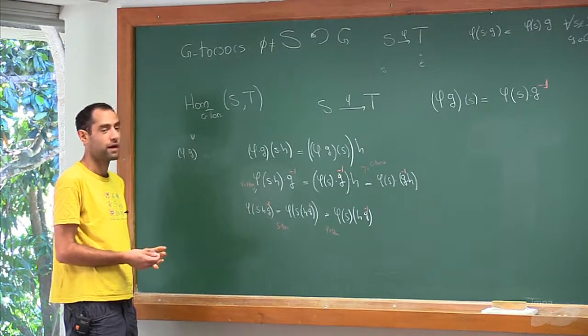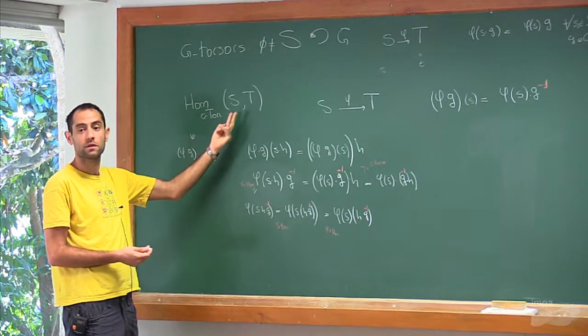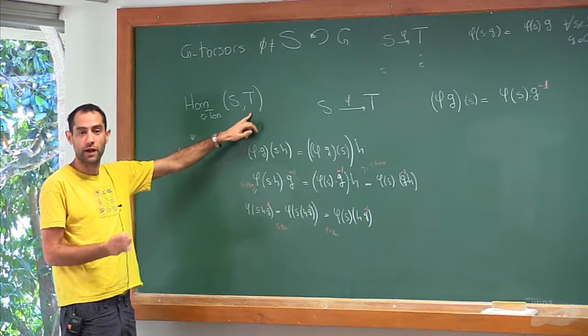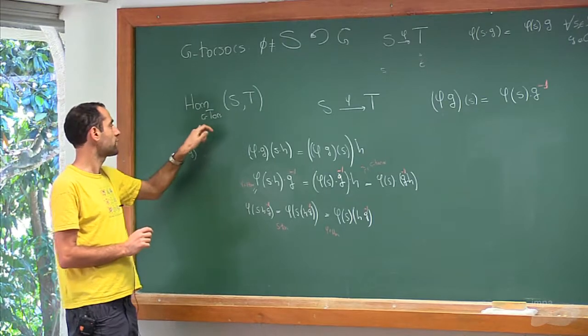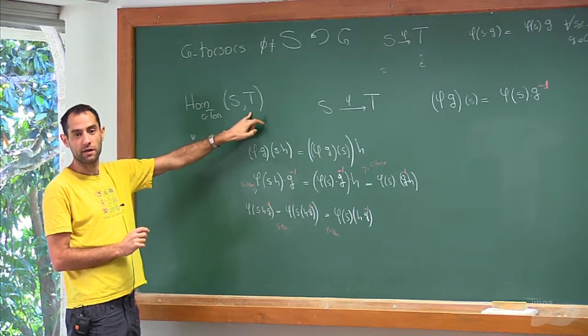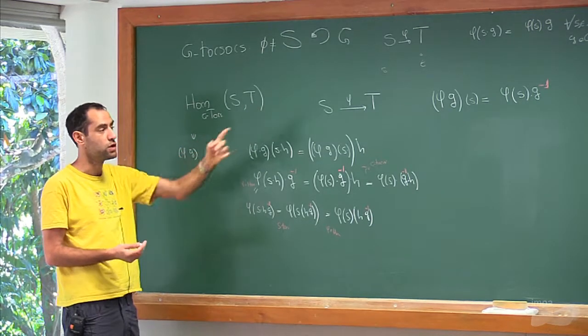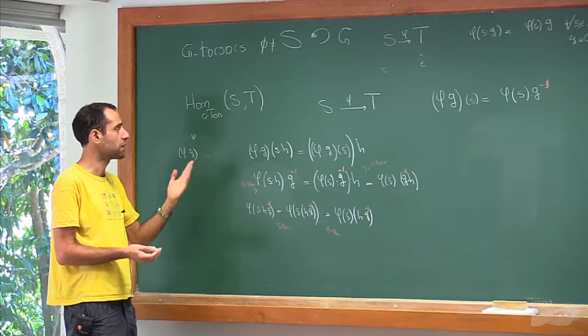Why would I have another action? If I had two actions on one of these elements, let's say that T had an action on the left and on the right, and I look at things commuting with the action on the right here, then I would still have surviving an action on T on the left, which I could use to act on phi. But in principle, I don't see how